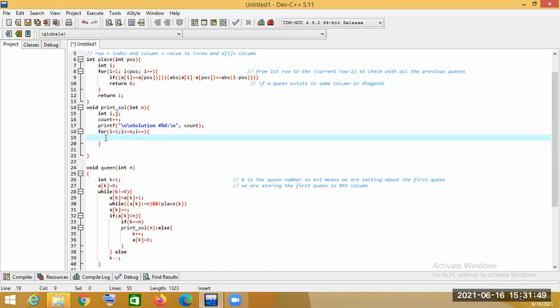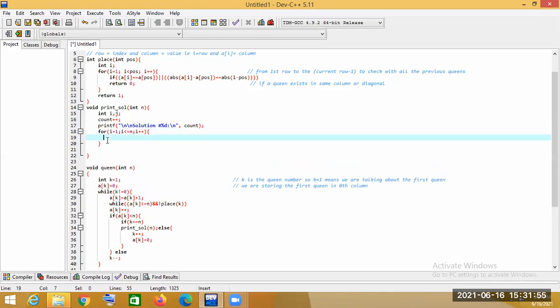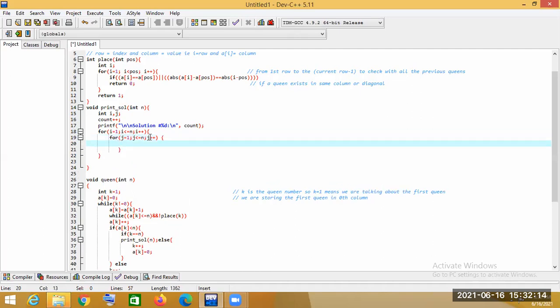Inside this, another j loop will be used because this is a matrix: j equal to 1, j less than equal to n, and j plus plus.